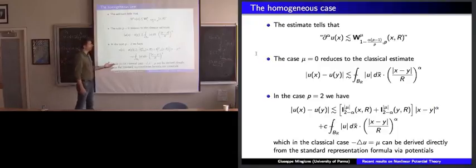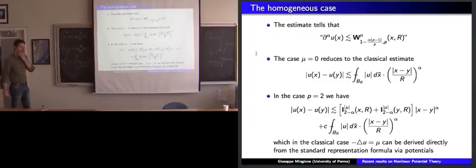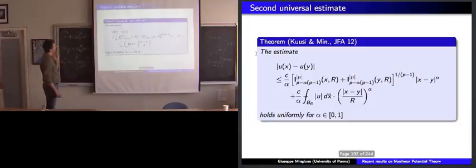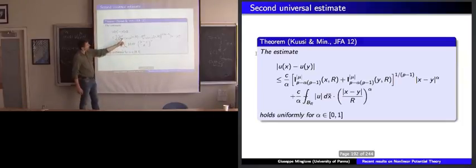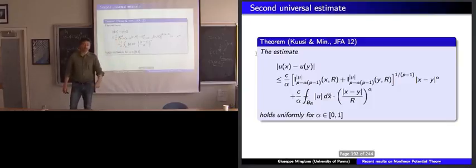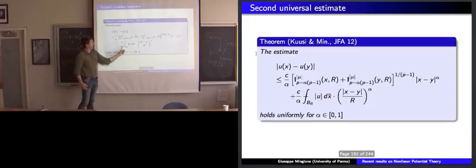So for instance, if you want to prove that U belongs to a fractional Sobolev space, you now just look at the right potential, and the right potential tells you everything. So you enlarge the family of spaces you are considering. And in particular, if you want to catch also the borderline case when alpha is equal to 1, then you put C over alpha here, and you see that when alpha goes to 1, you will catch this other estimate, the I1 estimate, which is before,